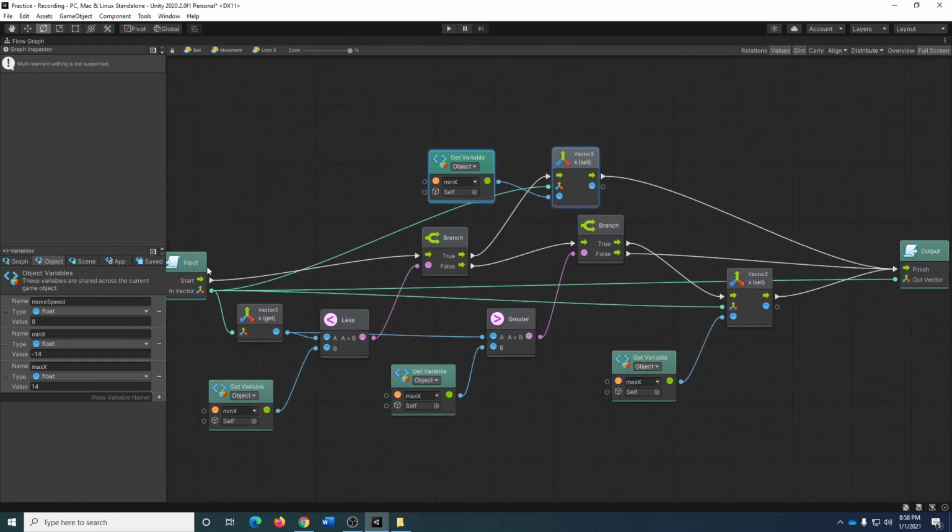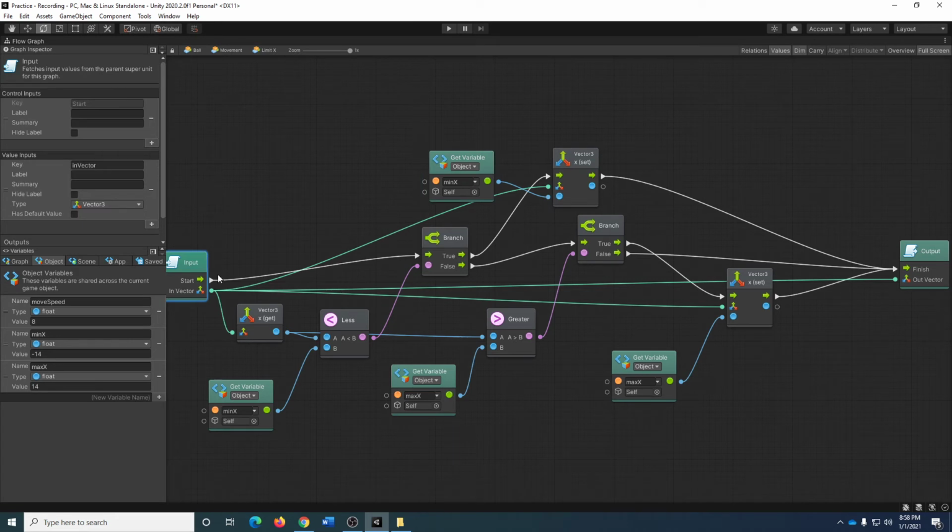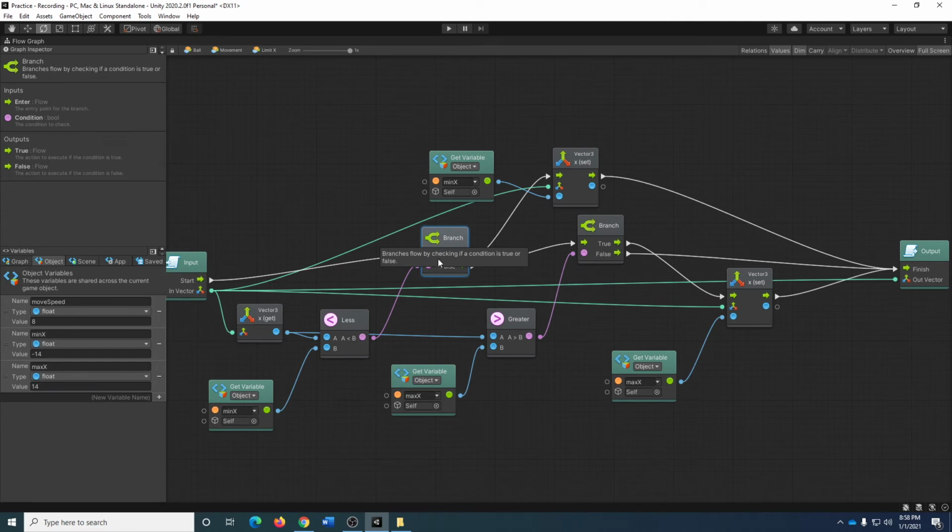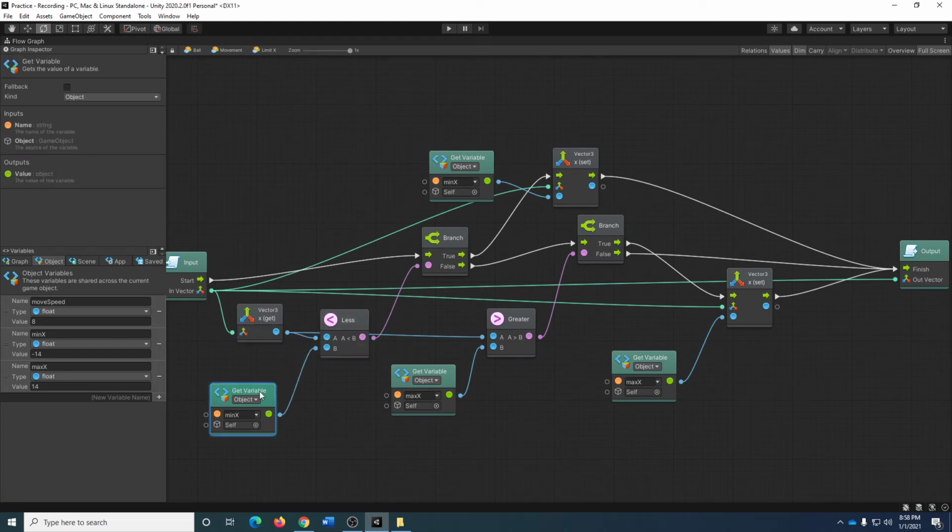There's its final form. So we come into our super unit. We follow the flow of execution. We branch. What are we branching on? I am branching on my x value being less than my minimum x. If this is true, I'll set the x to min x,